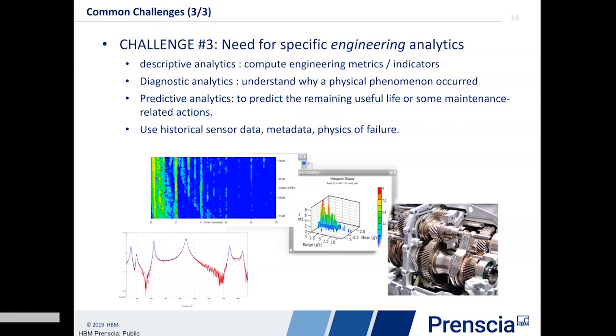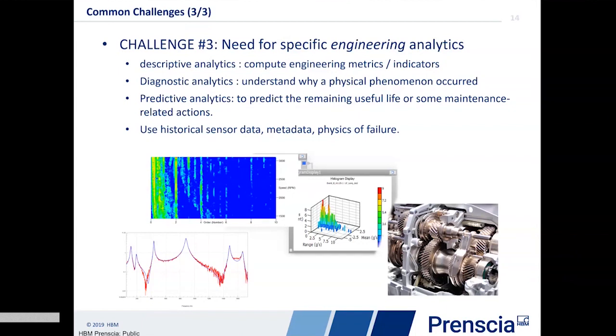So adding this magic powder, the physics of failure, on top of the process will definitely help you to get the results you expect better, sooner and in a more meaningful fashion. So it's very important to have those engineering algorithms, if you like, which enable you to use not only the sensor data, not only metadata, but also physics of failure, fatigue, for instance, right?